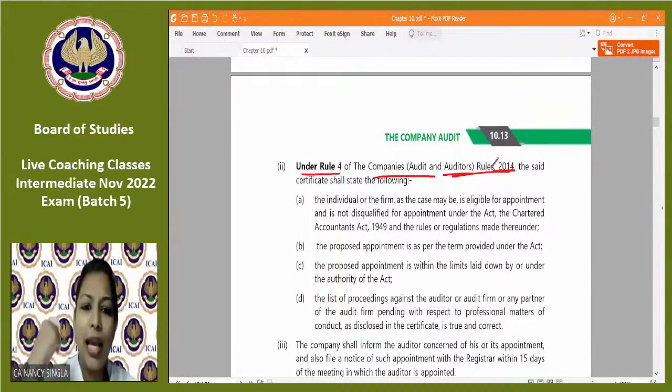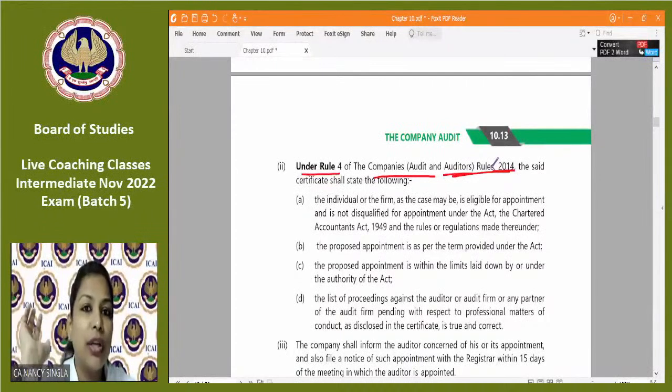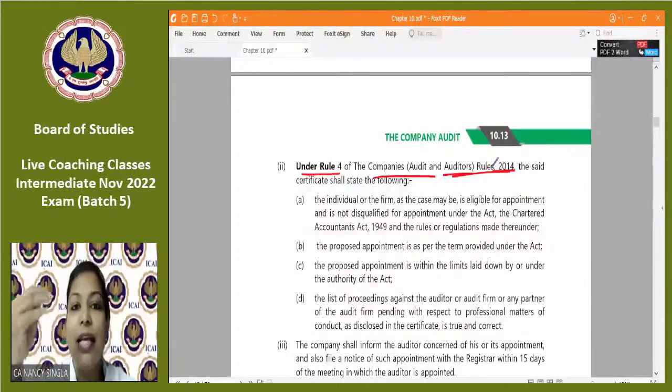ऑडिटर देखो, जस्ट ट्राई टू अंडरस्टैंड, बड़ा लॉजिकल है। पहले हमने क्या बोला कि ठीक है, आई गिव माई रिटन कंसेंट दैट आई विल बिकम द ऑडिटर ऑफ दिस कंपनी, ठीक है। सेकेंडली, अ सर्टिफिकेट इज टू बी गिवन, क्या, पहले तो ऑडिटर लिखेगा दैट आई एम एलिजिबल, I'm not disqualified in terms of section 141 and the rules regulations made thereafter. जो भी rules regulations हैं, जो भी आपका section 141 का है, उसमें I am not disqualified, I am eligible. Simple है।